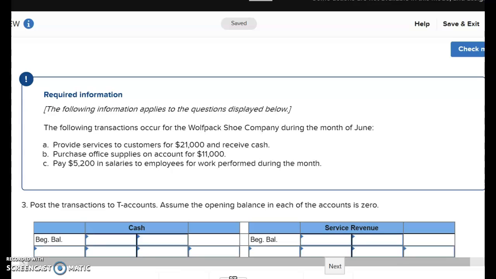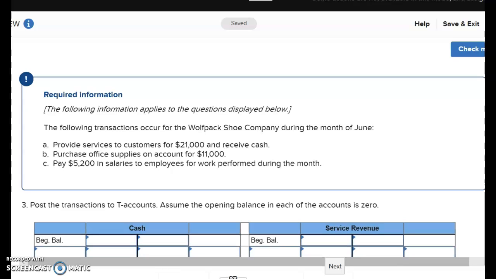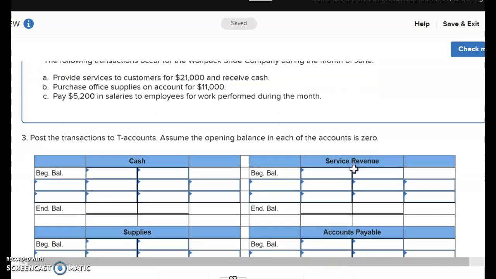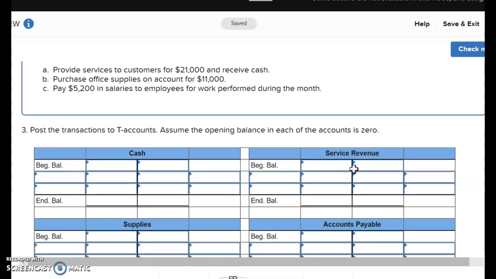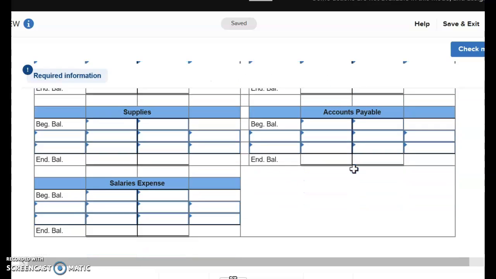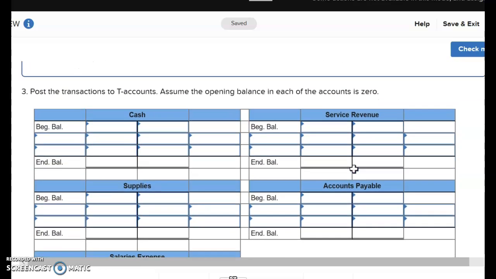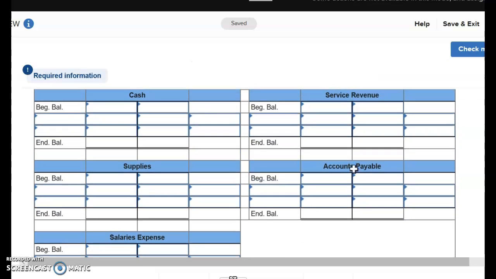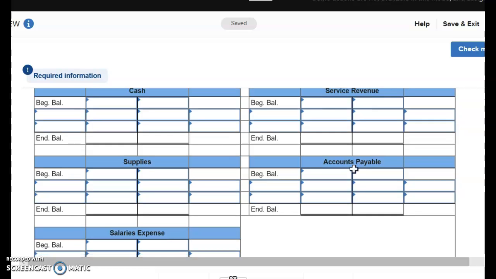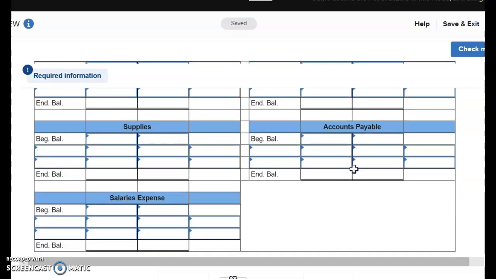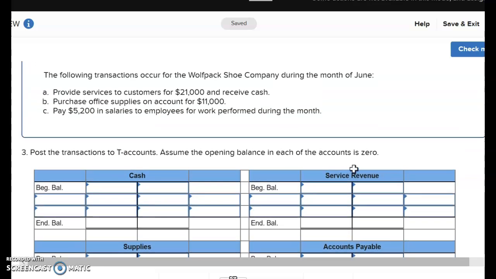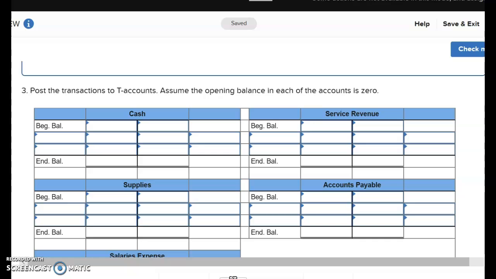All right, here's number 28. Again, three transactions. And they want you to post these to T accounts. So you would be using five T accounts: cash, service revenue, supplies, accounts payable, and salaries expense. And then the last one,